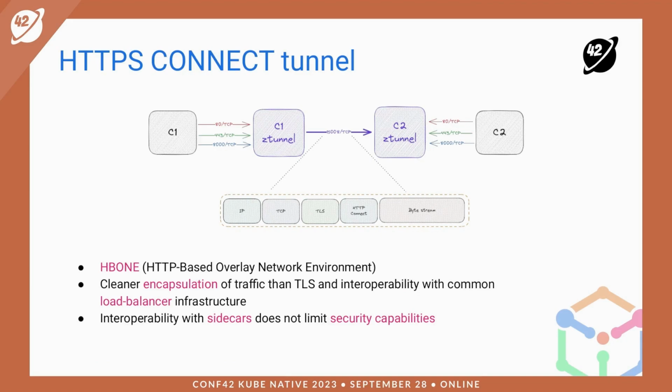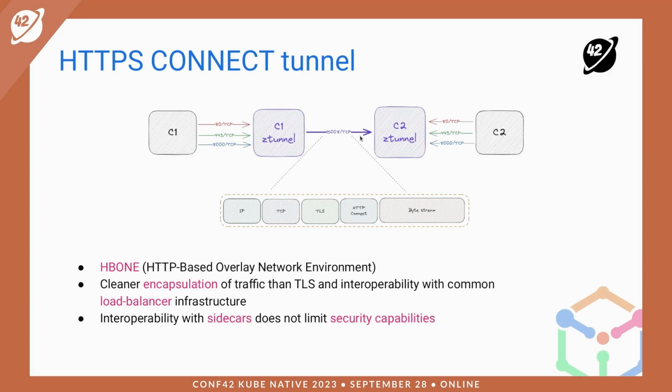Now let's understand what is the HTTPS connect tunnel. A ztunnel uses this to communicate with other ztunnels and waypoint proxies as well. It uses HBone, the HTTP based overlay network environment, to encapsulate all the traffic that is coming through the ztunnel into a single port, which is exported as, in this case, port 15008. You can see the ztunnel might be listening at port 80, 443 and other particular ports from a particular workload. But at the end of the day, it's encapsulating everything in the HBone and exported through one single